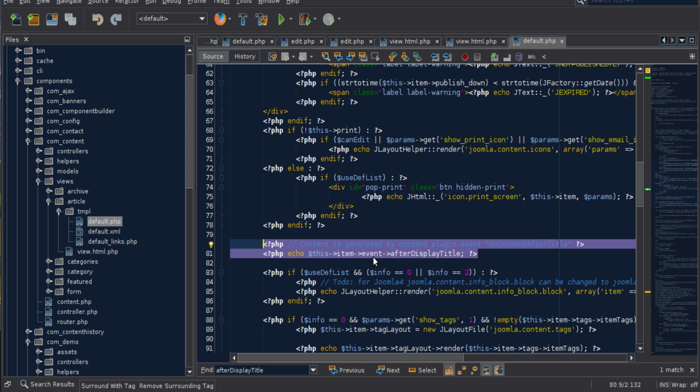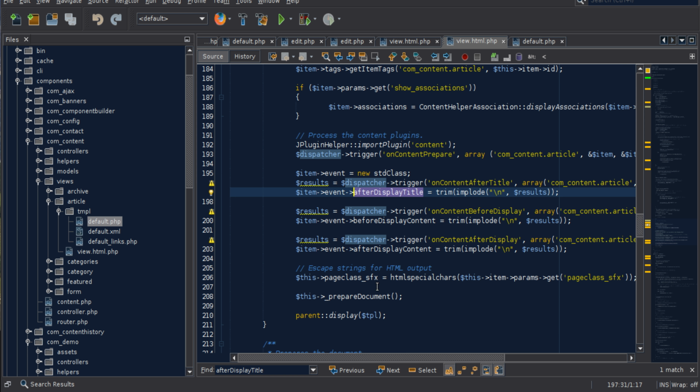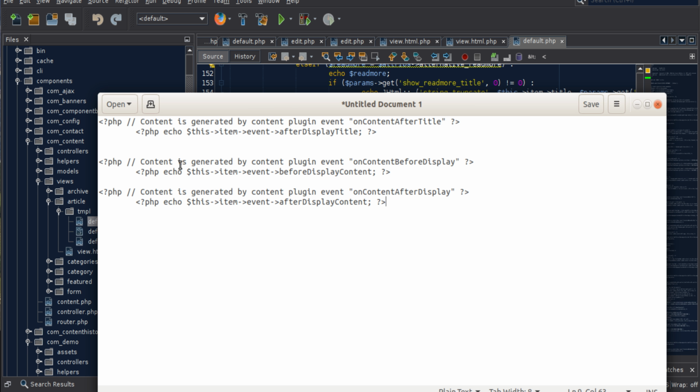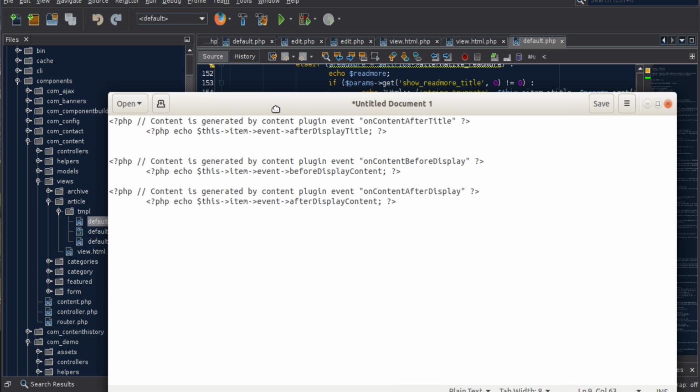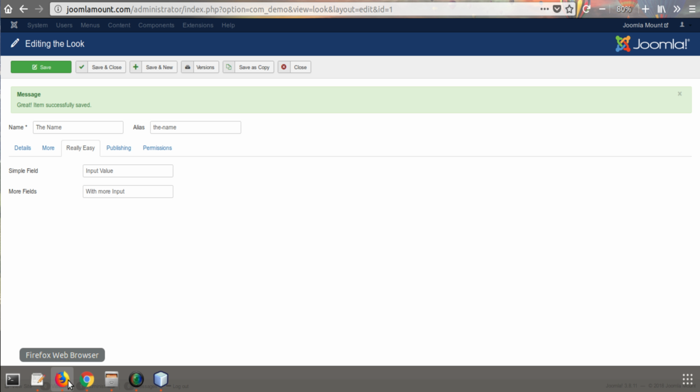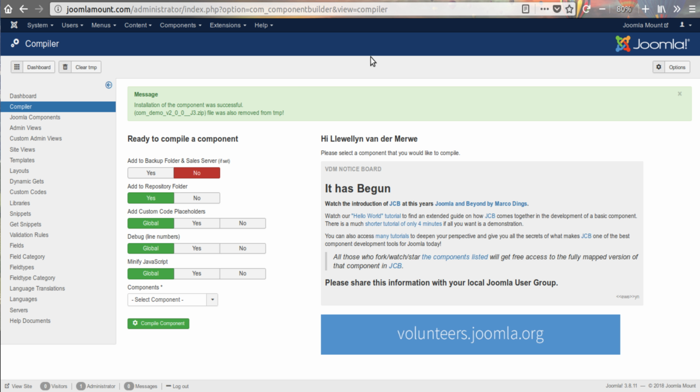So you could use this code just like that, copy paste it into your component after the title, and the same goes with the other events. So with the before display and after display. So let me do that quickly. I'm going to just grab these and place them into our component. So I've just copied them to a notepad like that. I'm going to move them to my other screen, and then I'm going to go back to JCB and go to my component,